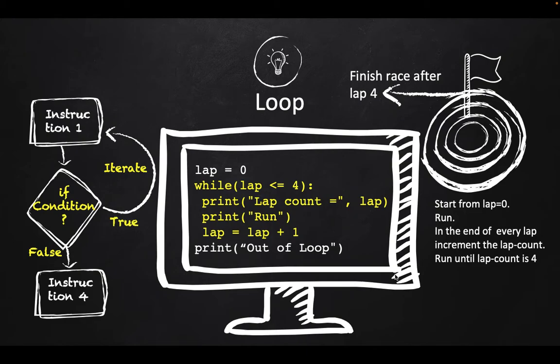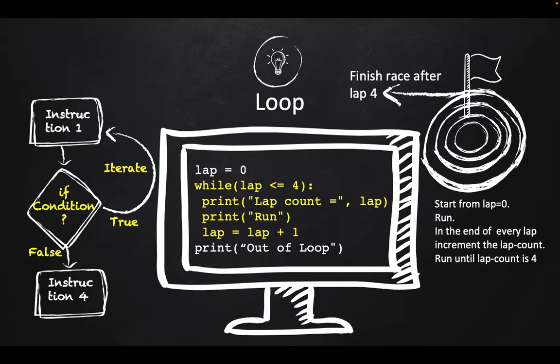The next control structure in Python is a loop control structure. As the name suggests, here some instruction sets in the program execute repetitively again and again. Based on the truth value of the condition, this repetition happens. If the condition evaluates to true, the instruction set is executed repetitively. If the condition is false, then the repetitive execution is stopped, that is, the loop is broken, and the rest of the program is executed.